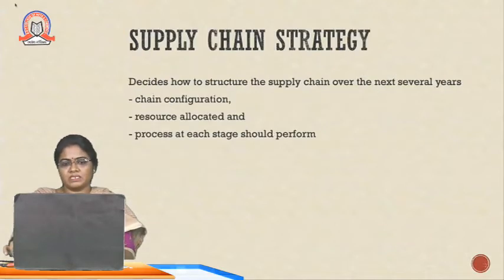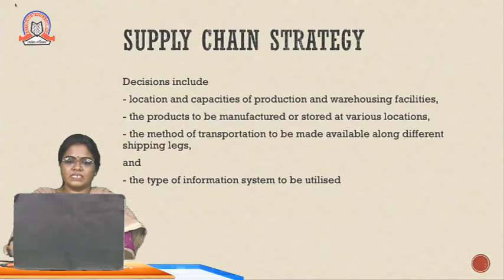supply chain operation. Supply chain strategy decides the structure for the next several years: chain configuration, resource allocation, and what process each stage should perform. Decisions include location and capacity of production and warehousing facility, the product to be manufactured or stored at various locations, the method of transportation to be made available along different shipping legs, and the type of information system to